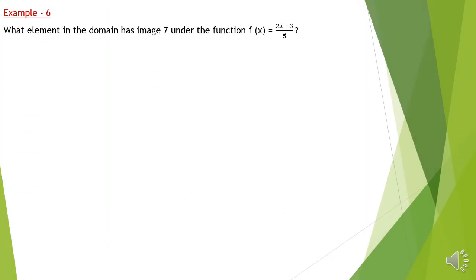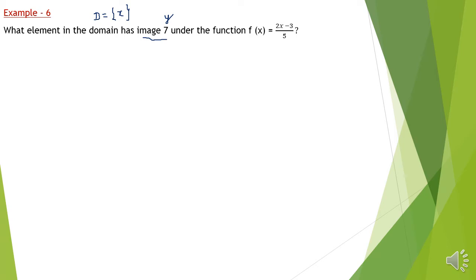Example 6. What element in the domain has image 7? Every element in the domain set is x, isn't it? So this 7 is y. Image is y, pre-image is x. The domain set consists of pre-images, so it consists of x: 1x, 2x, 3x, many x. So which x